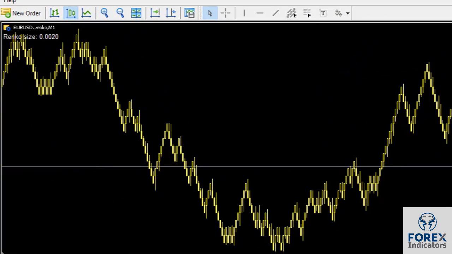Hello guys, let's move on to some of the examples now, and this is where the magic actually happens. So we will see how efficient the Renkos play in our evaluations and with indicators as well. So here's our Euro USD chart with the 20 pips break size or the 200 pips break size, and immediately